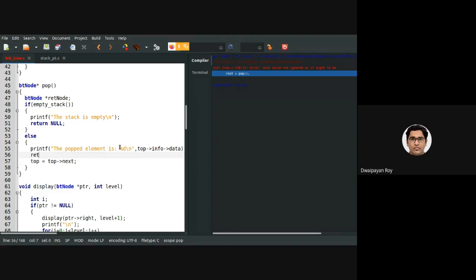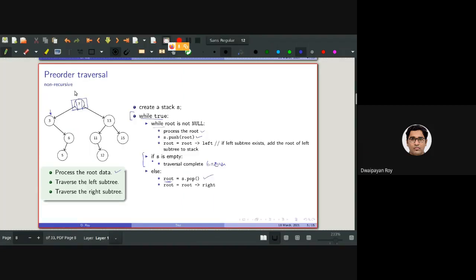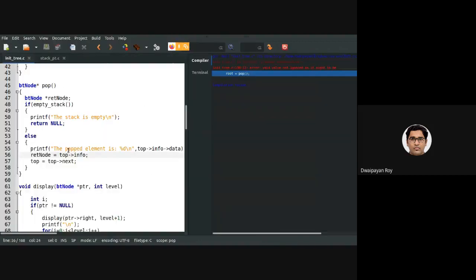Now I need to set this return node to point to the top info, because I want to get the individual elements, and the type of the individual element is BT node.